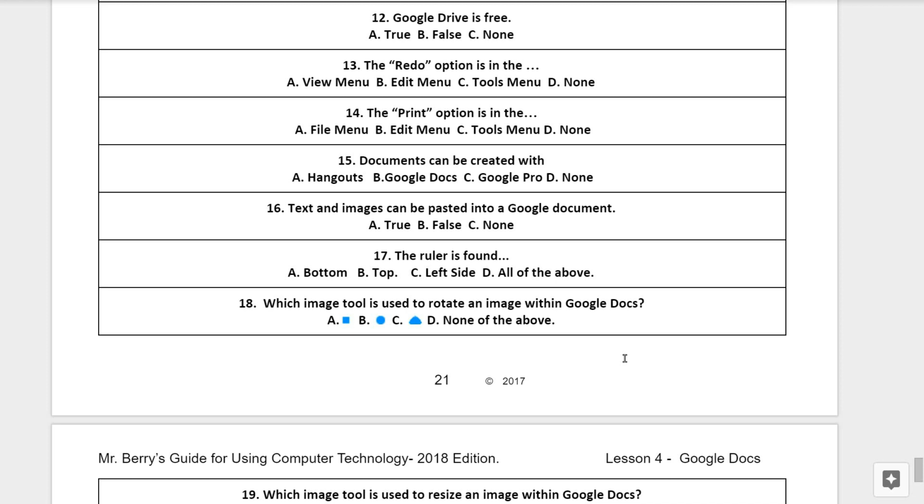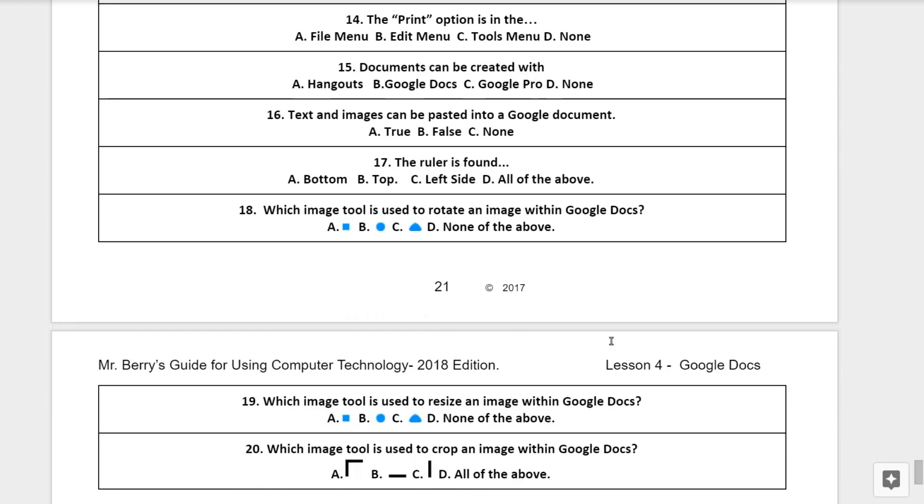Question number 16. Text and images can be pasted into a Google document. Is this A, true, B, false, or C, none of the above? Question number 17. The ruler is found, is it A, at the bottom, B, at the top, C, at the left side, or D, all of the above?